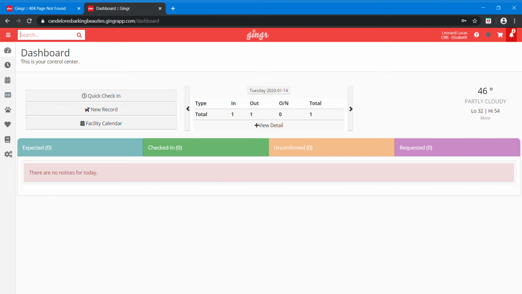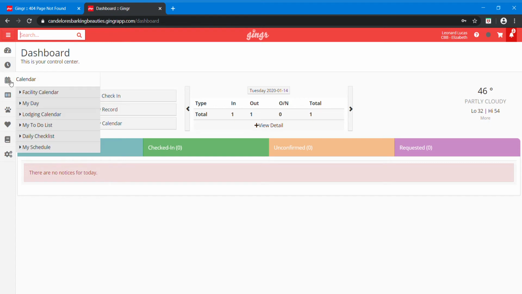Okay, we're back on the dashboard. What I'd like to show you is a different workflow for viewing the calendar, which is kind of like what you do for Shake Your Tail. So if we go to the calendar icon on the left here, and go to Facility Calendar,